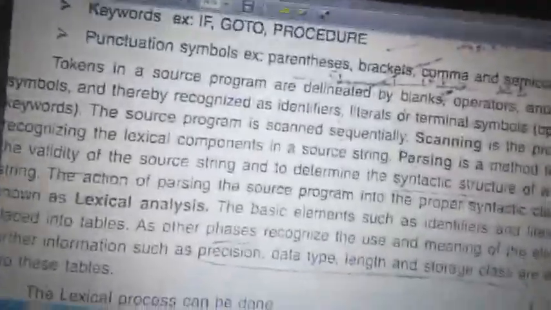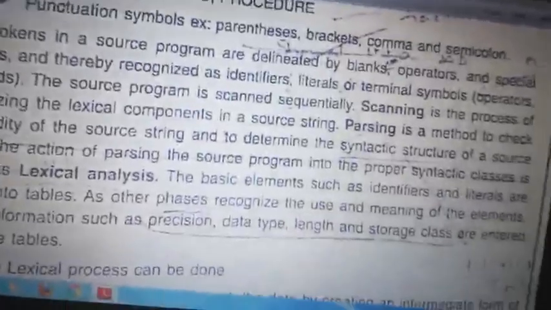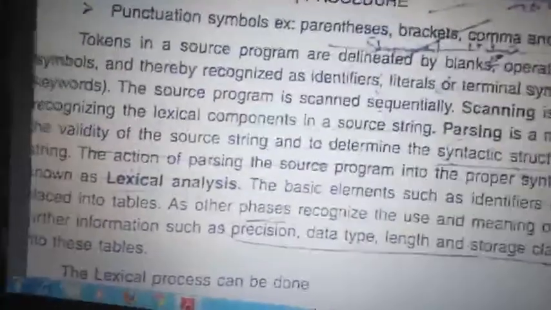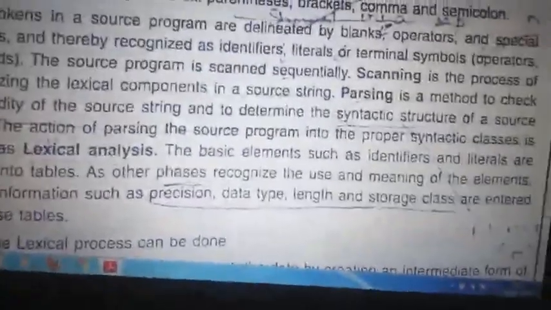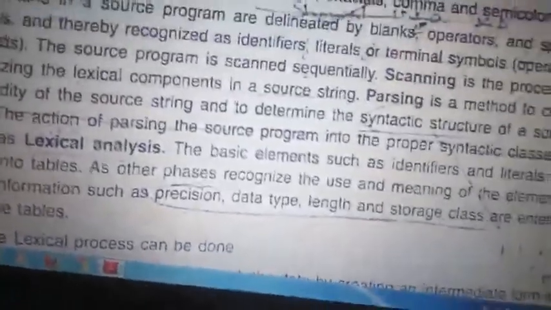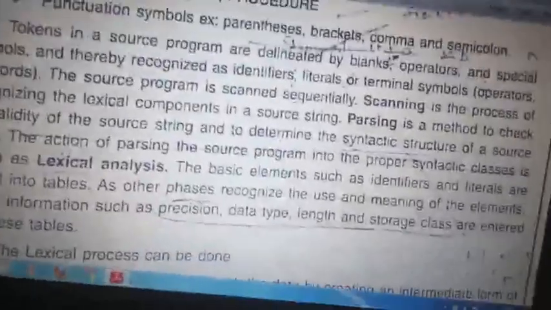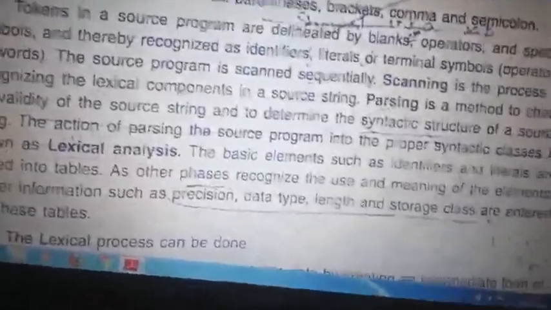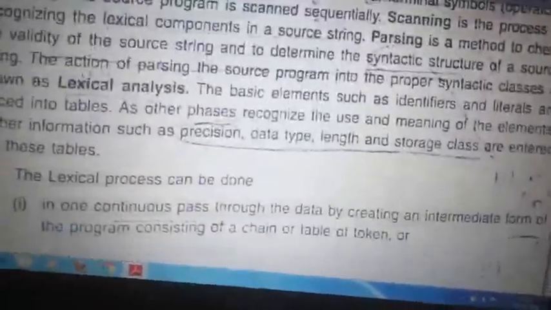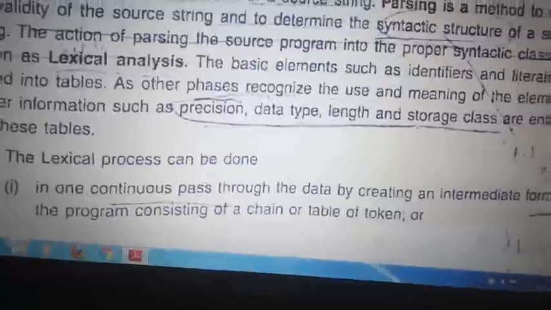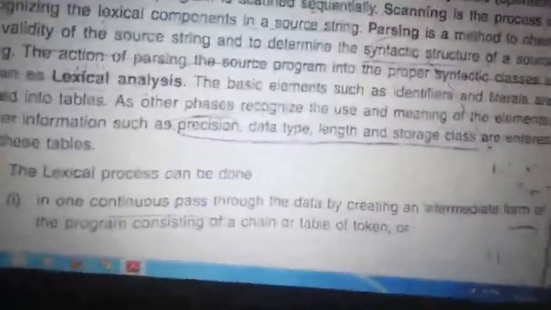Clear? So token recognition identifies the blanks, operators, whatever you have. It is a process of scanning. It scans the components. Second is parsing. Parsing checks the meaning, but not really meaning, it just takes the syntax, whether the syntax is proper or not. The third one is semantic, which checks the meaning, for example whether in the place of float you are storing only float elements or any character elements. Checking all those things is semantic.